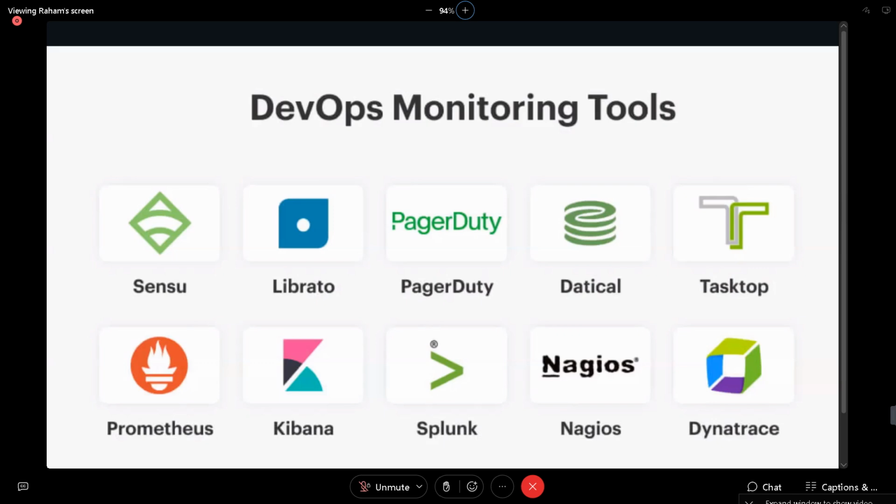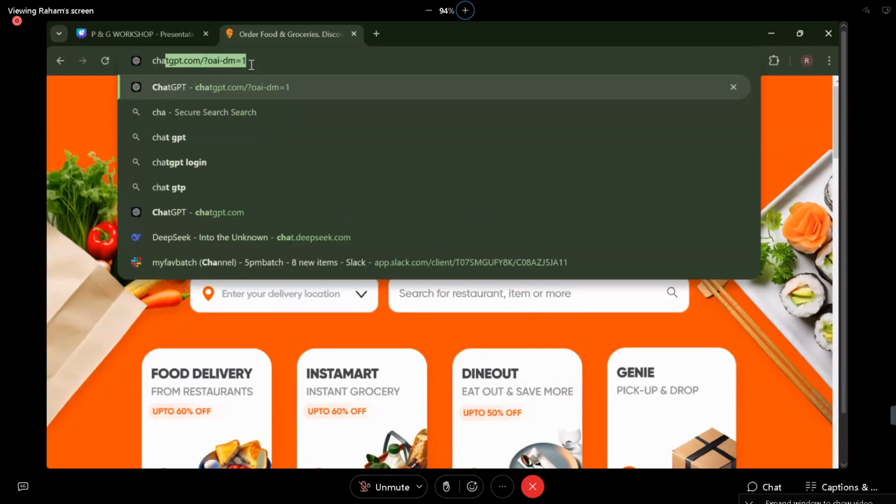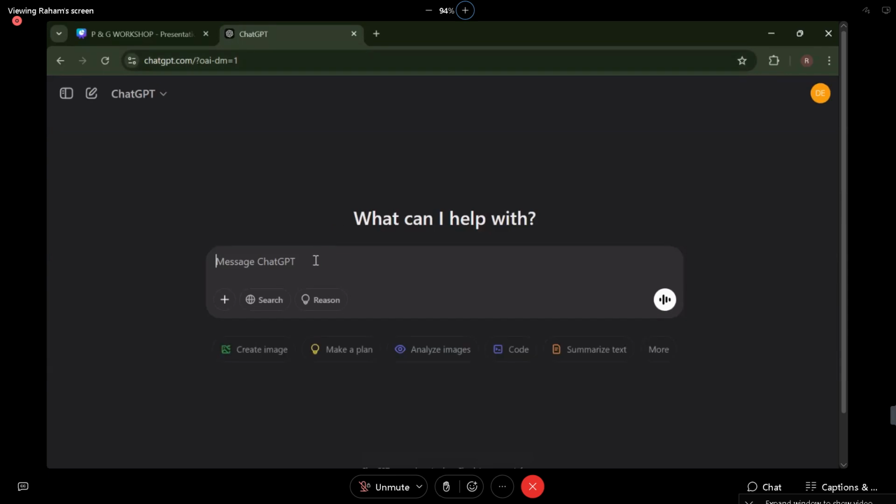See, among all of these tools, whatever you are seeing, the number 1 tool in the market for monitoring the servers is going to be Prometheus and Grafana. I am not telling this one, sir, ChatGPT is telling. Even if you don't believe me, just believe ChatGPT. In ChatGPT, I am asking what is the best monitoring tool